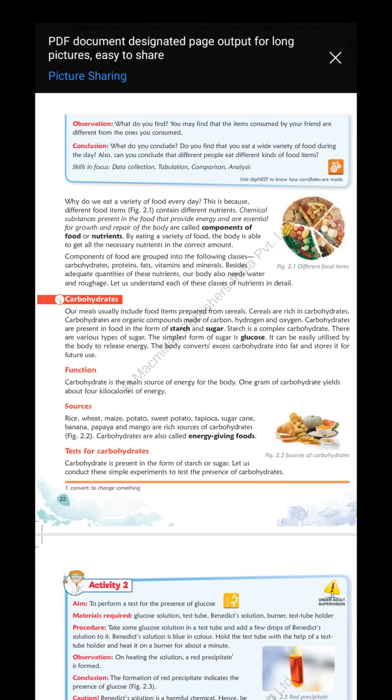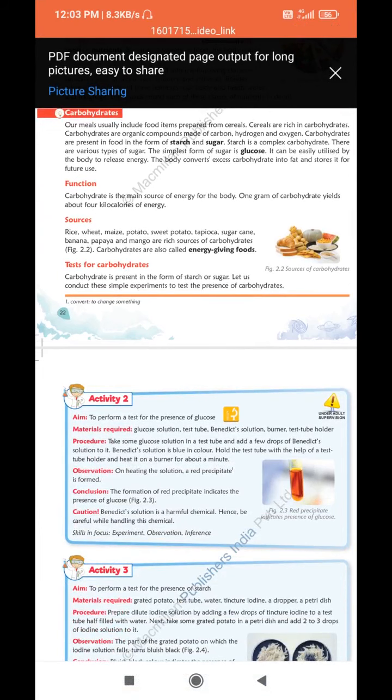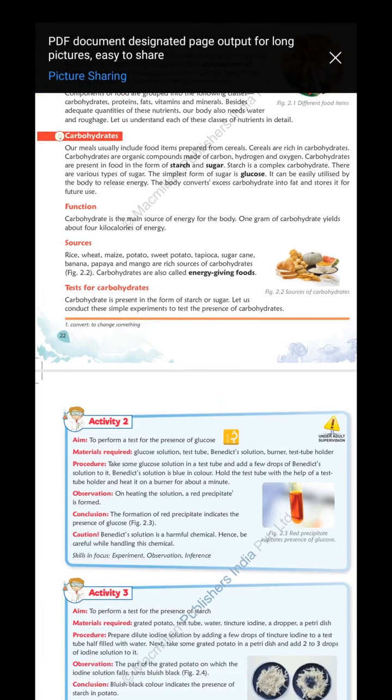Energy giving food. In potato, we can observe carbohydrates. Yes, sugar cane has carbohydrates. Maize, wheat, rice, these all contain carbohydrates. These are the sources of carbohydrates, and this is energy giving food. And test for carbohydrate: iodine test. You know, starch testing. Iodine will give blue black color. With the help of iodine solution, we can test. If we pour some iodine on starch, or cut a potato and put some iodine on it, blue black color will come. Okay, from that we can understand there is starch.